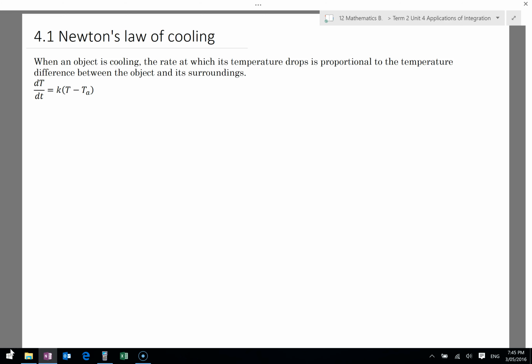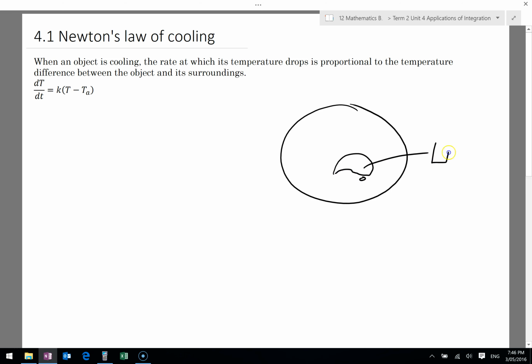Newton's law of cooling is a special type of differential equation. When an object is cooling, the rate at which the temperature drops is proportional to the temperature difference between the object and its surroundings. Meaning, on a map of the world, if I've got Australia here, and I've got a cup of coffee